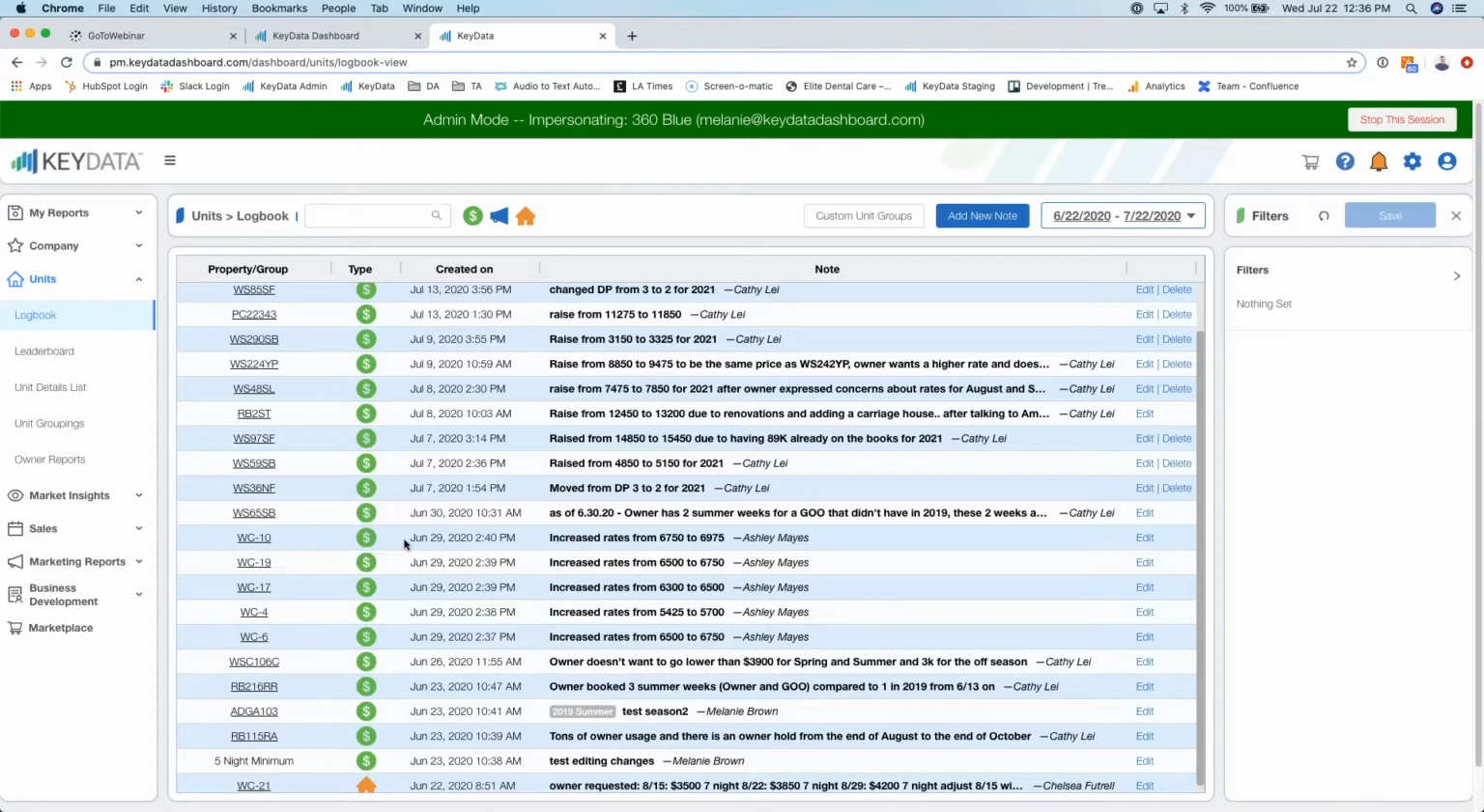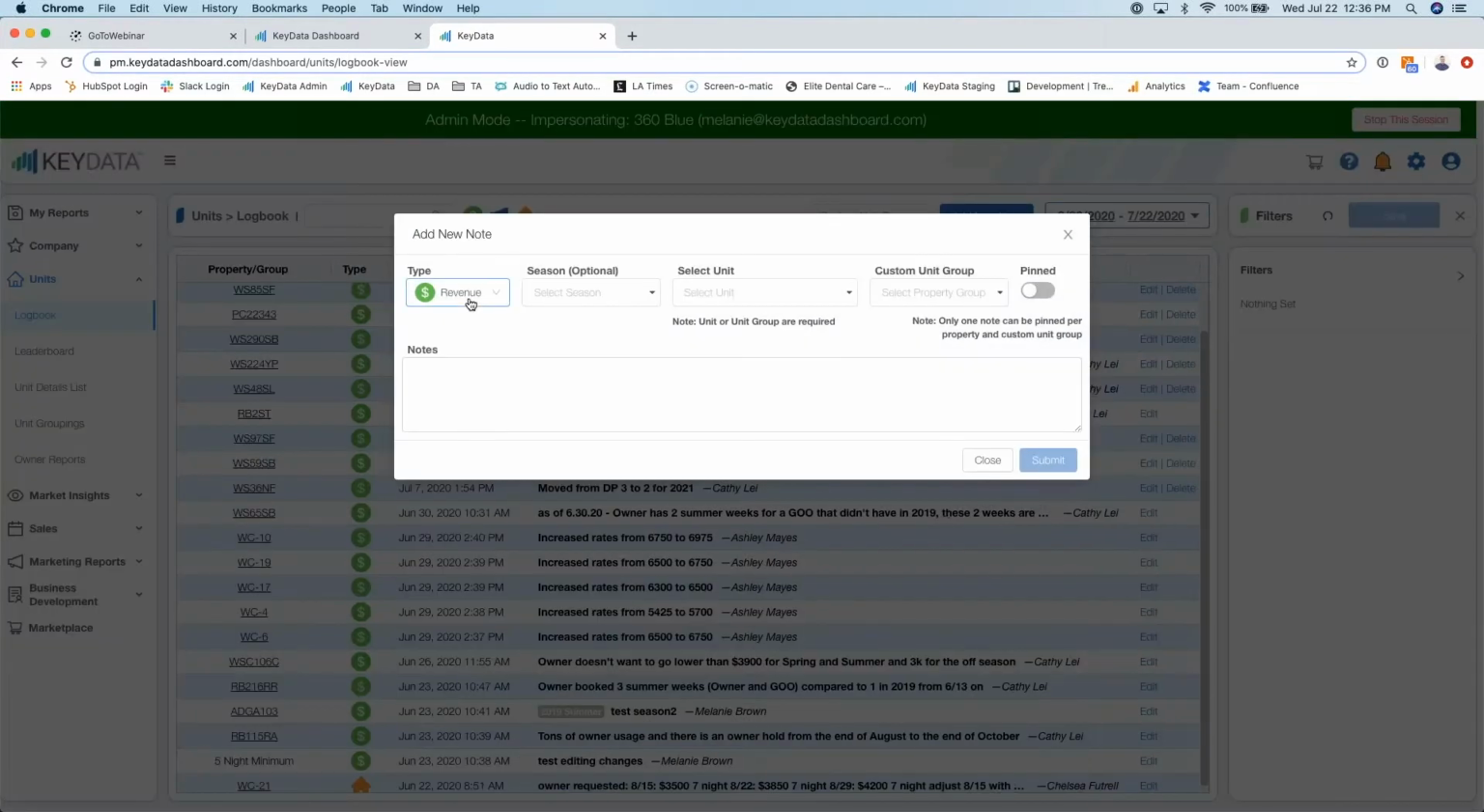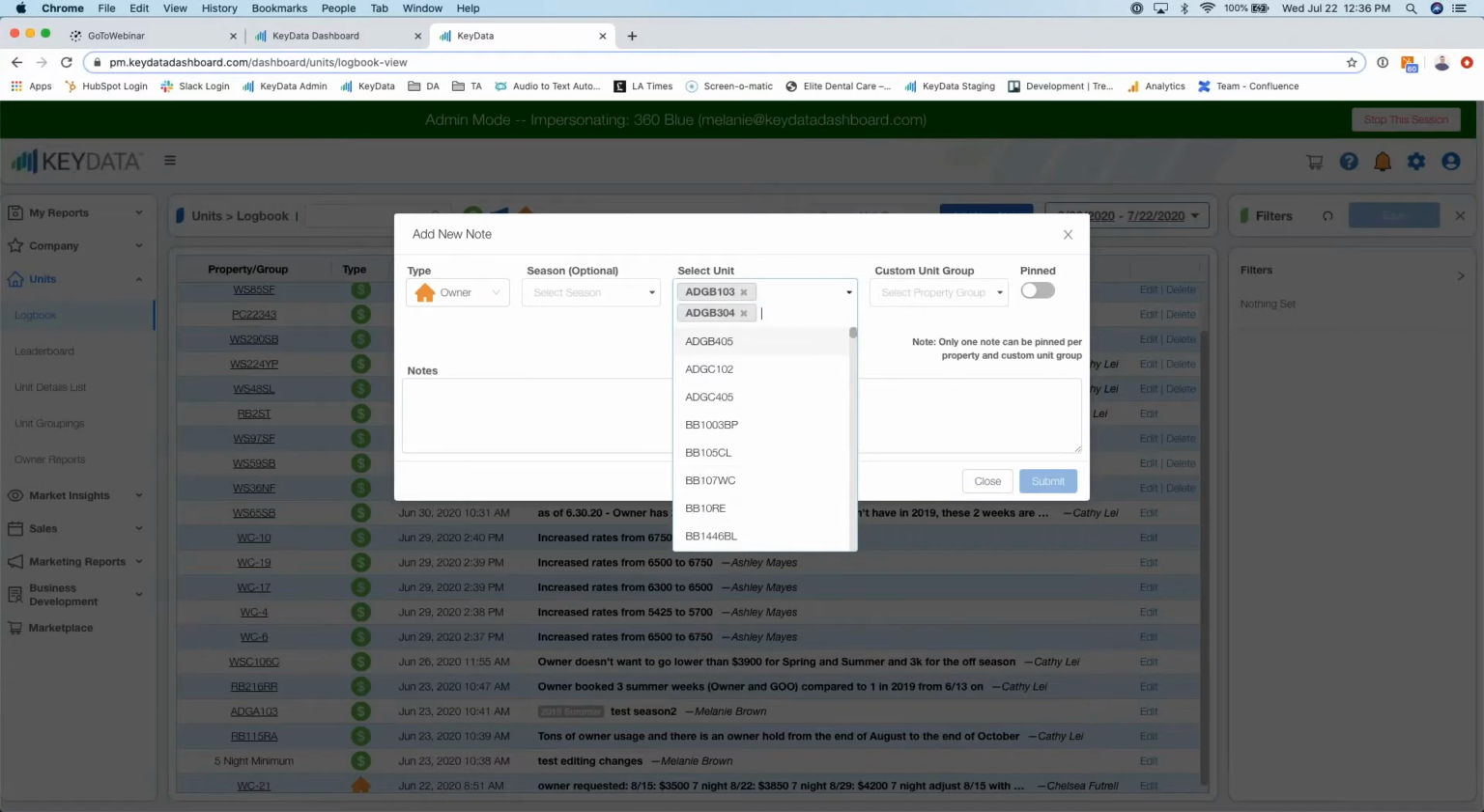What's unique here is that notes or logs can start or originate in different places. You could literally come in and just add a new note. You select whether it's a revenue note, a marketing note, or an owner note. Let's say this is an owner note. You can apply it to a certain season if you have those set up in your key data dashboard. But then you can select a unit or multiple units. So maybe this homeowner has 2 units on our program. You could also apply it to a custom unit group if you'd like, and then you can pin it, which